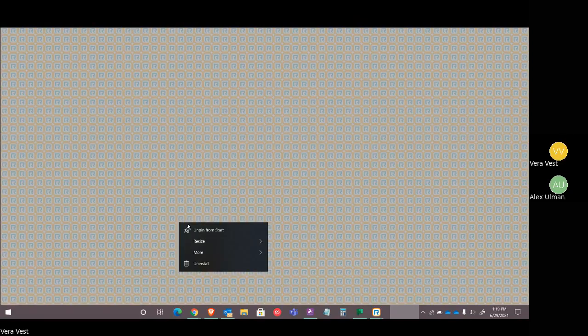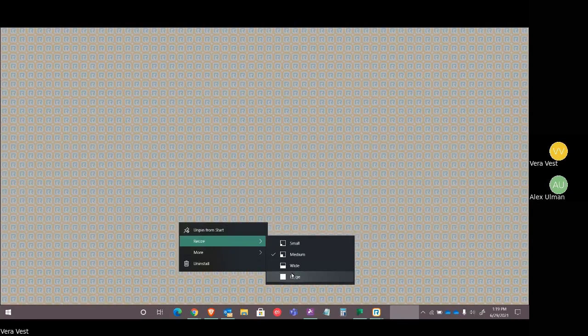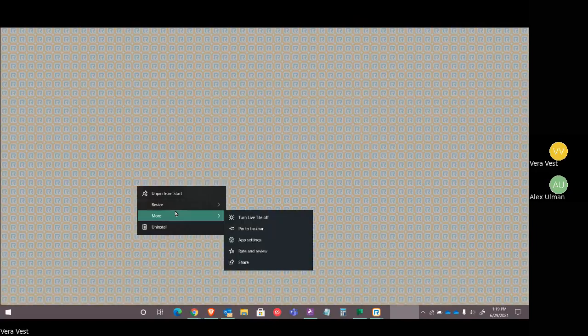If you right click on these, you have your option to unpin them, remove them from this start menu. Unpinning does not delete it. You can still get to it from your apps list. You can change the tile size, and that's just preference for how you want to adjust them. Whatever's usable and